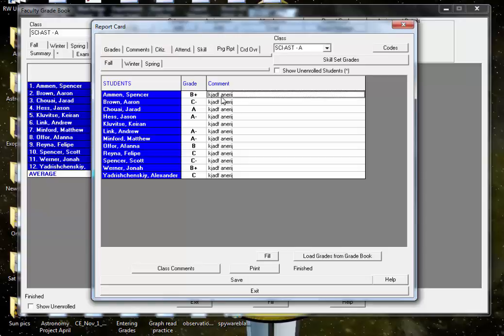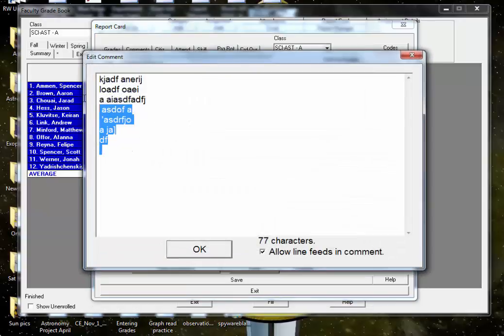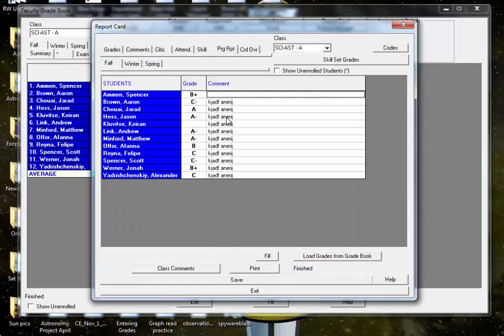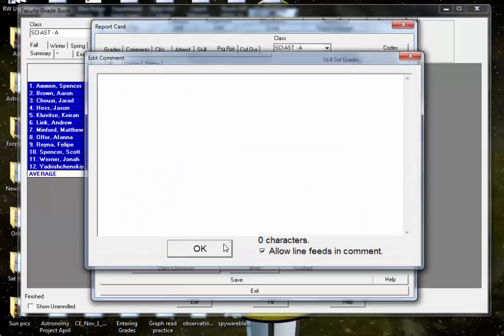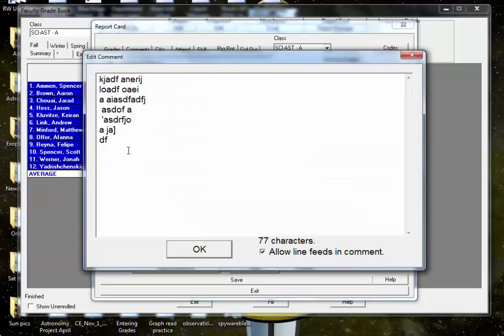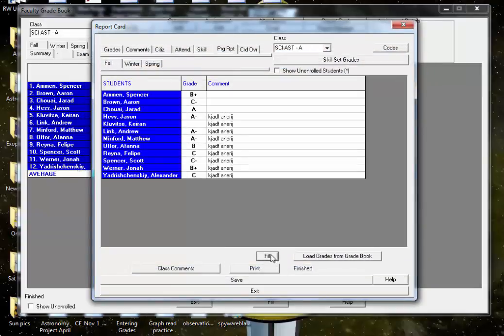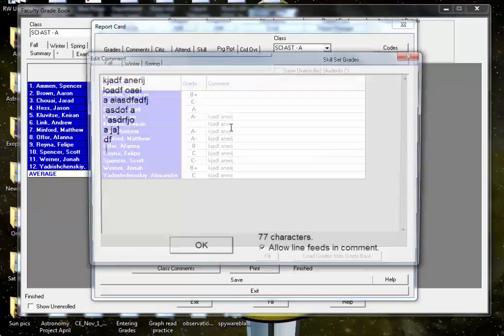Or, oops, that was a mistake. Should get rid of all this stuff. I'm going to highlight it and delete it. And then I'm going to fill again. Oops. Oh well. To get rid of all that stuff. Anyway, and that's how you do it. Space bar,